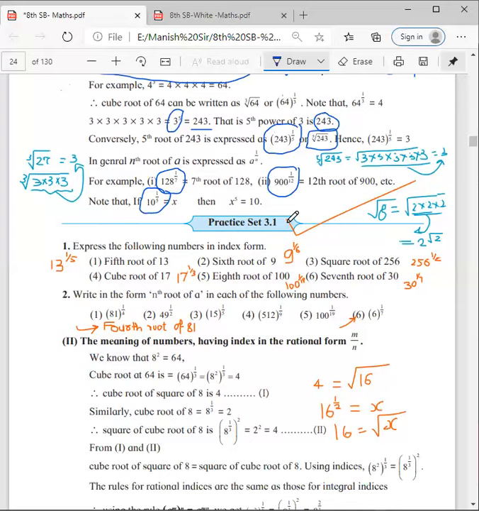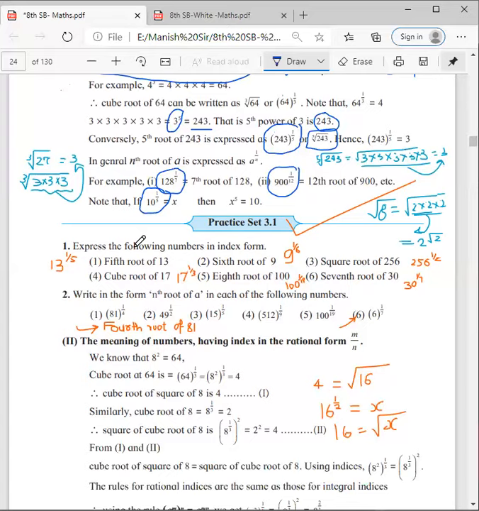So based on the entire thing we have discussed, you have Practice Set 3.1. You can write each and every question. I'm going to solve one question, for example, the first one and the second one. The rest of the things you can write very easily. If you are not able to answer these questions, we will discuss them in our next lecture. Okay, so just try to understand. I'm taking 2 more minutes for this.